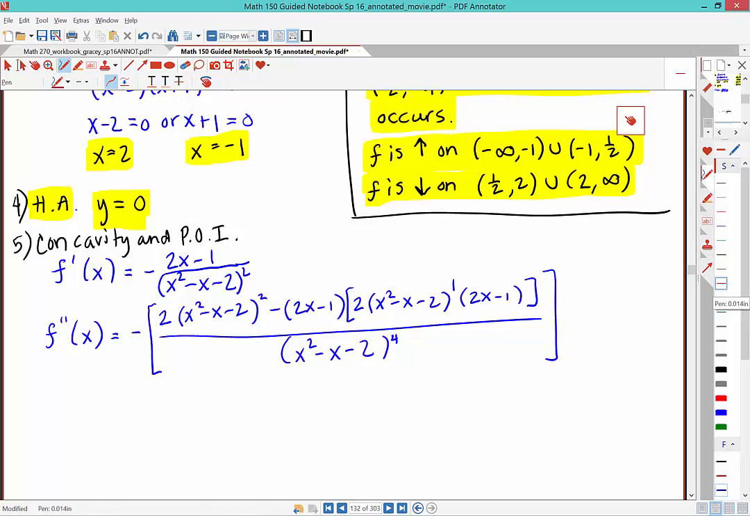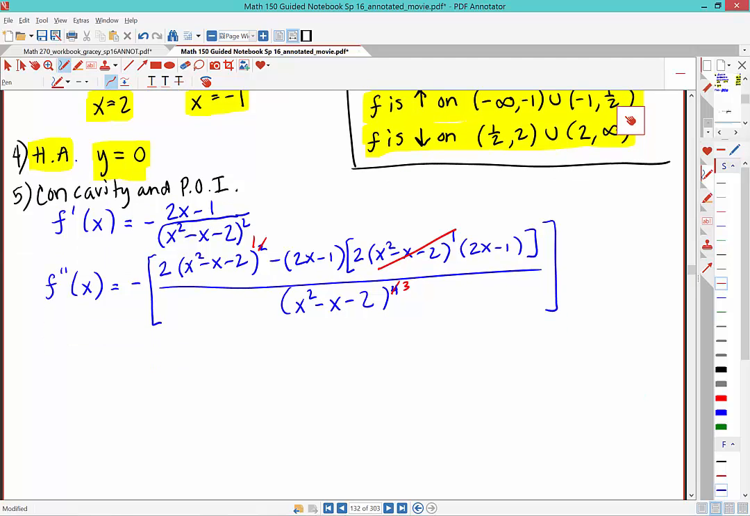Now, notice that we have one factor of x squared minus x minus 2 in each of the terms in the numerator. So we can divide out one factor of that. Okay. And then now we just need to simplify, because we will need to find any zeros of the second derivative. So this will be negative